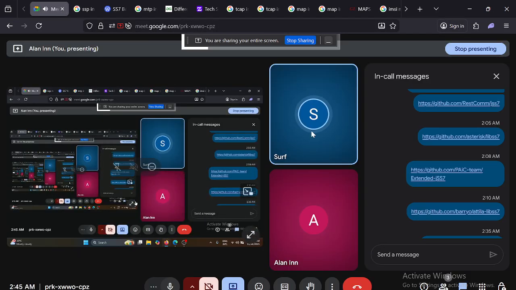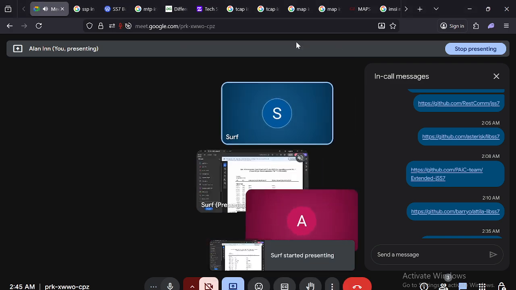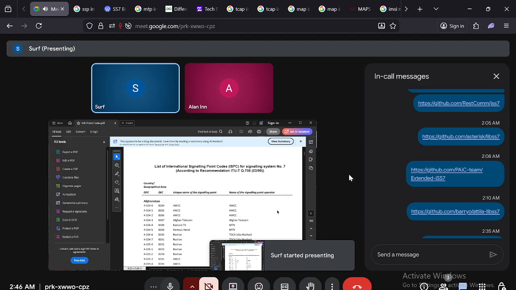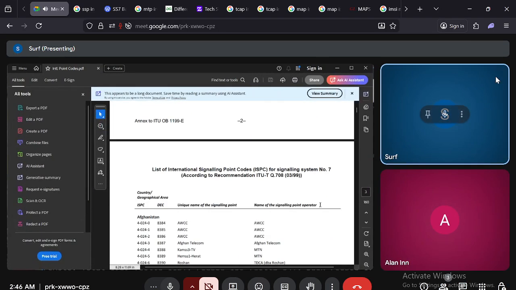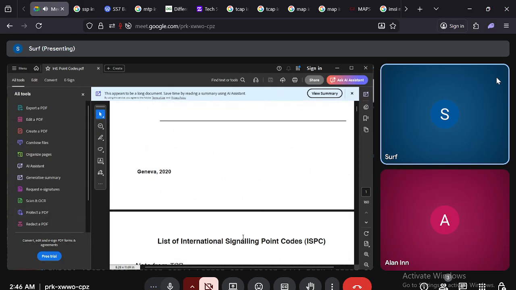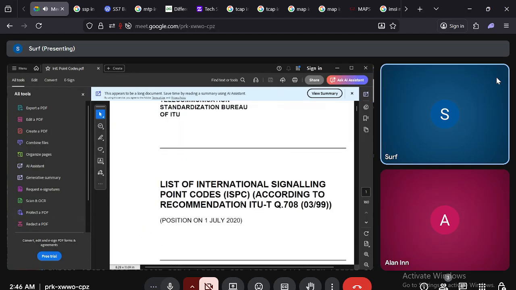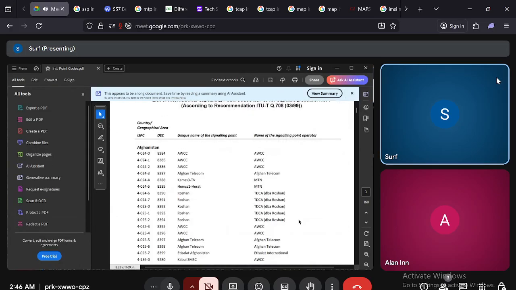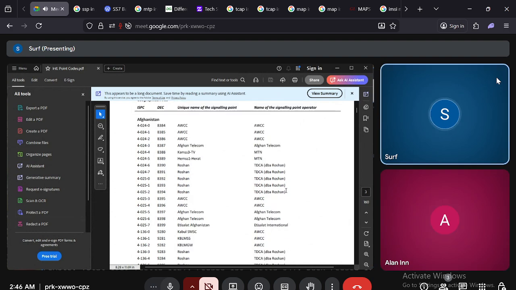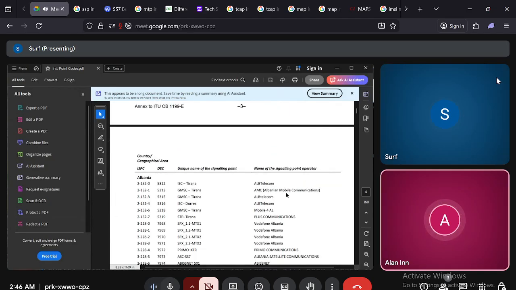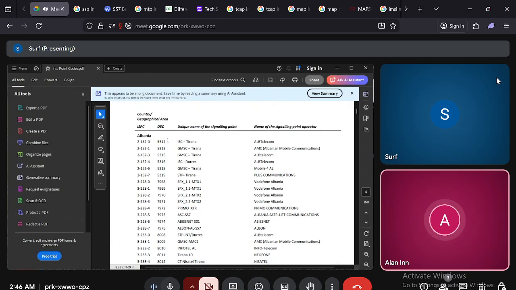It's partially the same kind of thing, like a signaling point, an international signaling point, with a purpose and format.